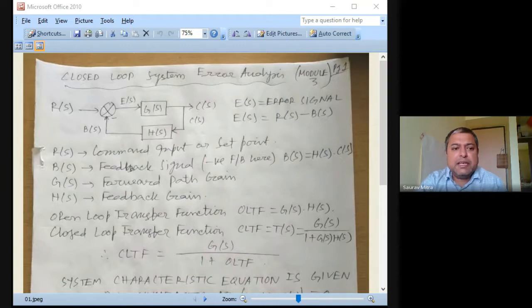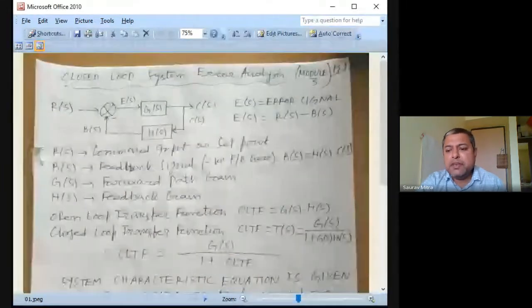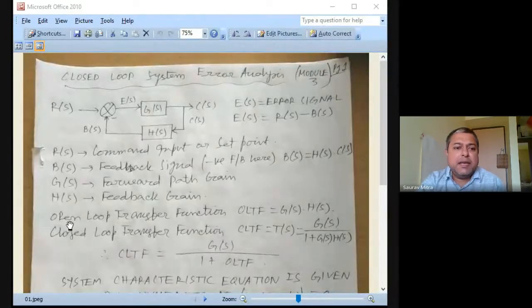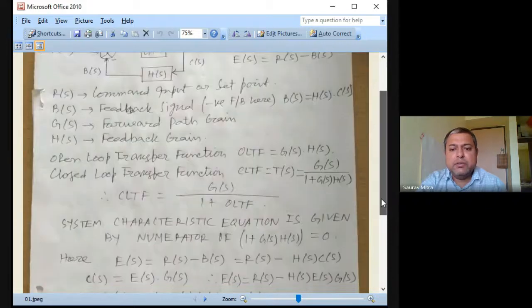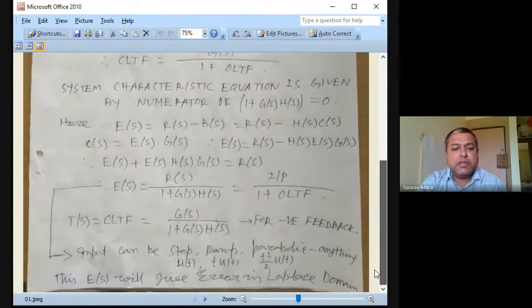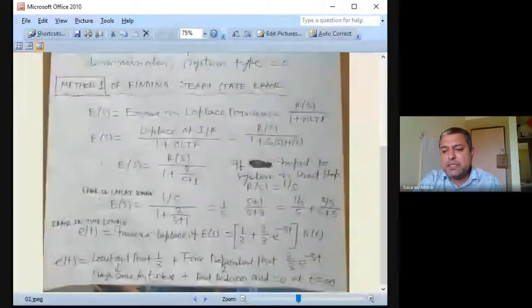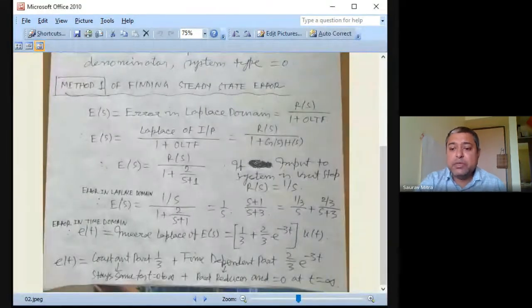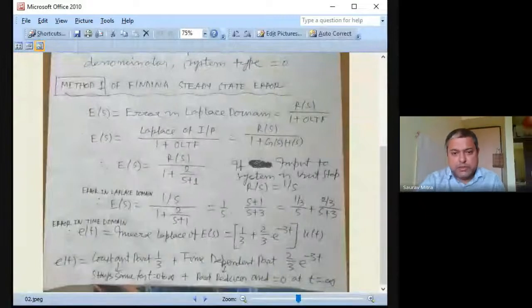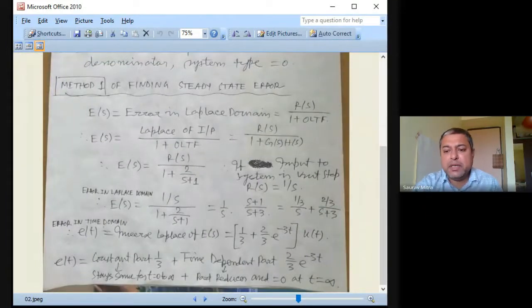So what we have done yesterday, I will just give you a brief recap in 2-3 minutes. We had taken a system like this as it was shown to you, and the same system we'll be doing, and for that we'll be finding all the steady state errors. So first we are doing experiment number 6, and after that we will do the second order response of experiment number 5.